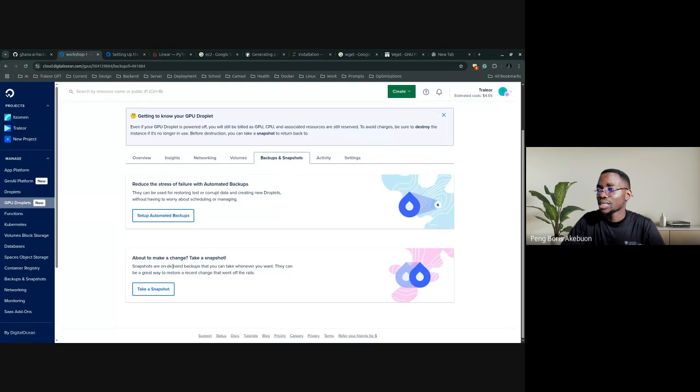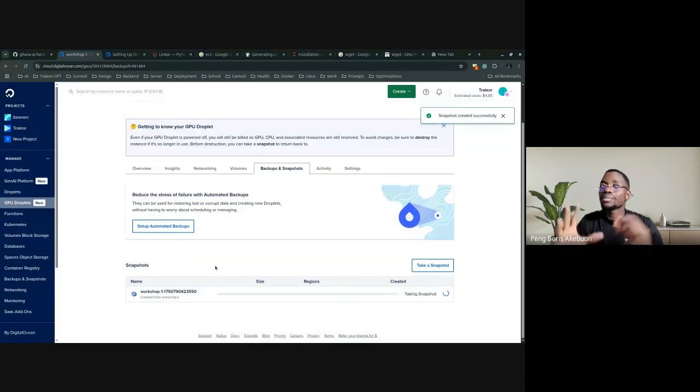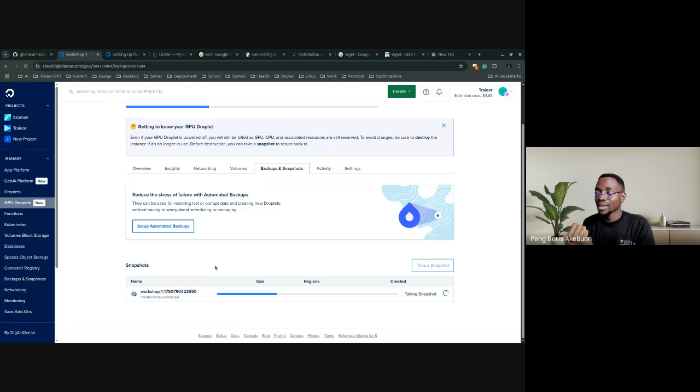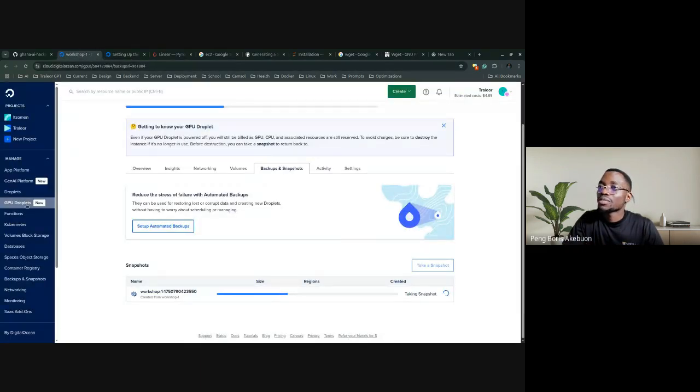So let's probably do an example. On DigitalOcean, when I take a snapshot, it's not going to be my server, it's going to create a copy of all my configurations for this server and save it. And then next time, if I come to create a new GPU,